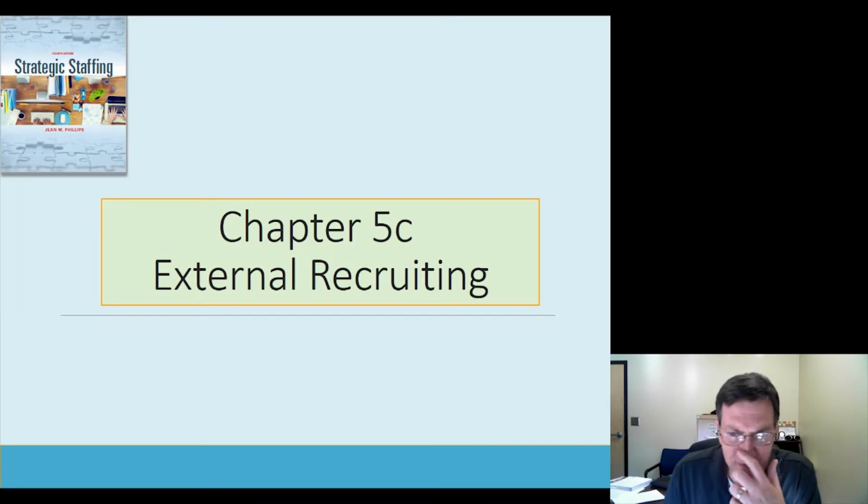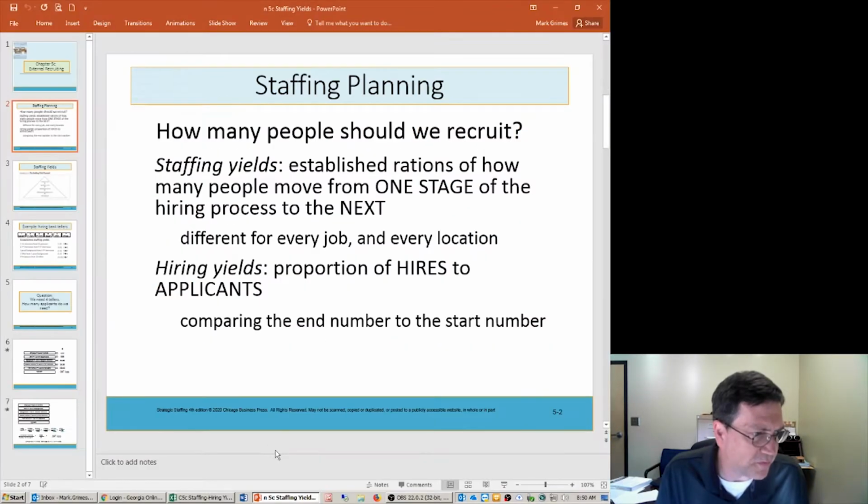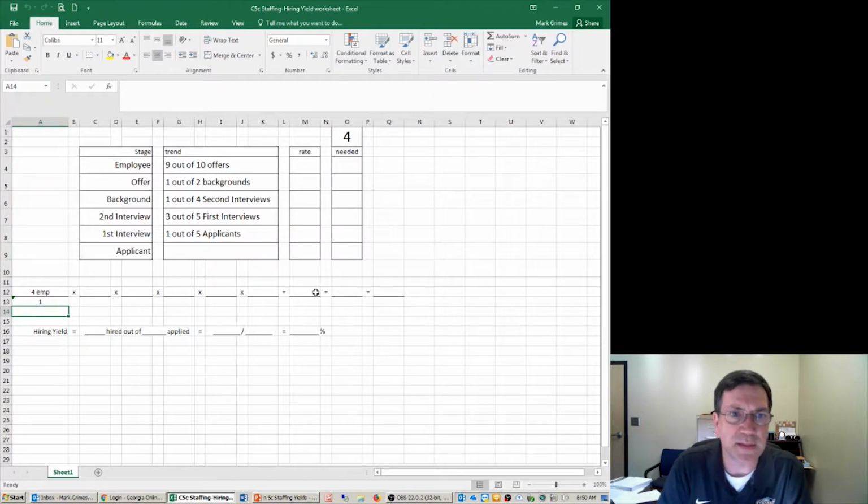And before we get into that, I want to get you to pause your video here and go look for a file that's in the content section that looks a little bit like this. It's called the Staffing Hiring Yield Worksheet. And we'll need that as we work through this particular lesson, so you can fill in the blanks and try to figure out